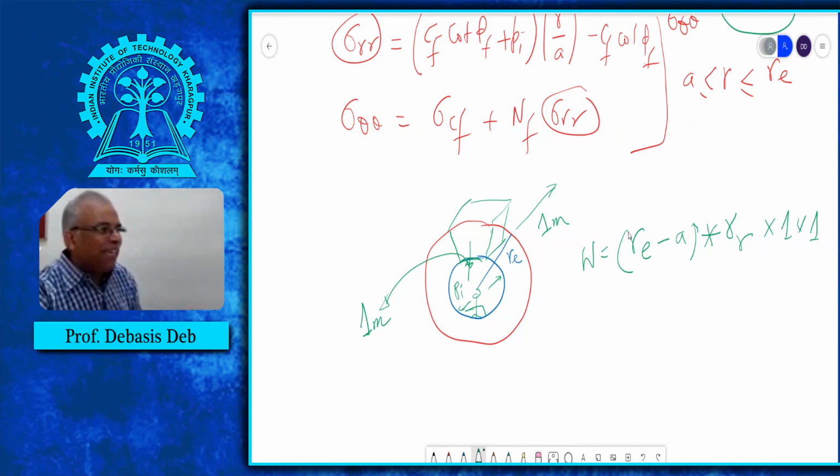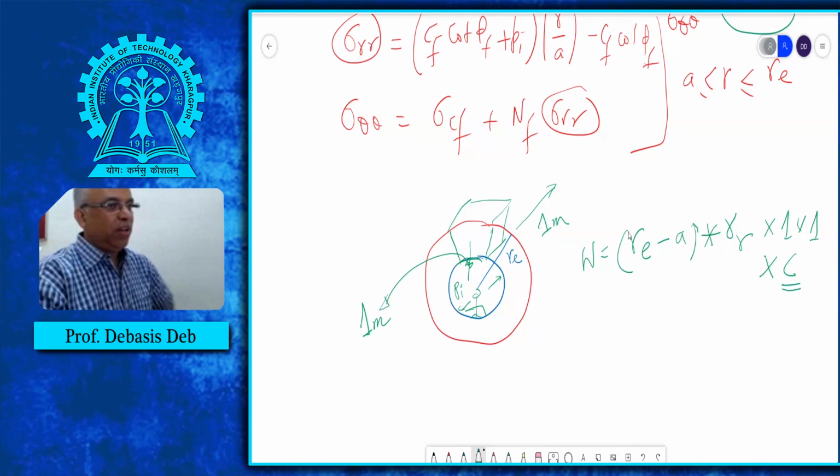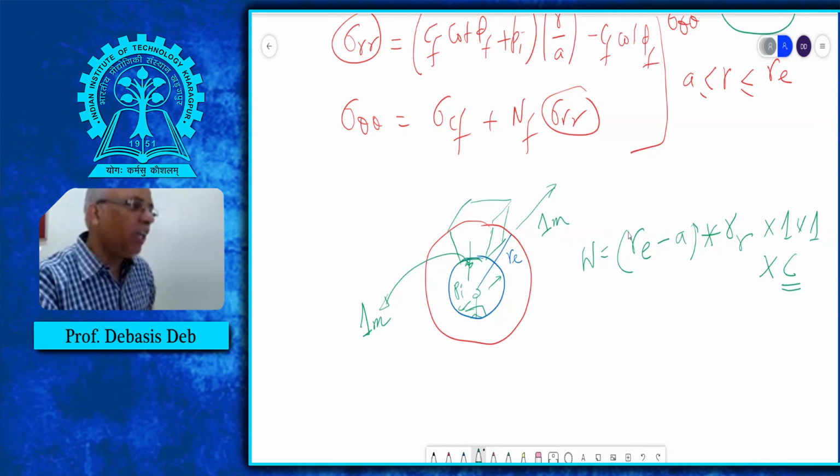If it is completely disengaged from the surroundings, meaning it is now ready to fall, then it is this. Sometimes we also multiply with a factor called C, which goes from 0 to 1. That means it's not fully disengaged, so maybe it's 0.5 or 0.6, something like that. It is not ready to fall. But if it is ready to fall, then we will consider it 1. Now this is its weight.